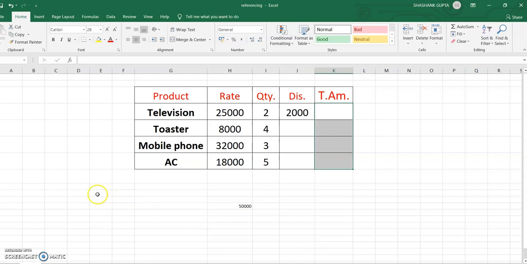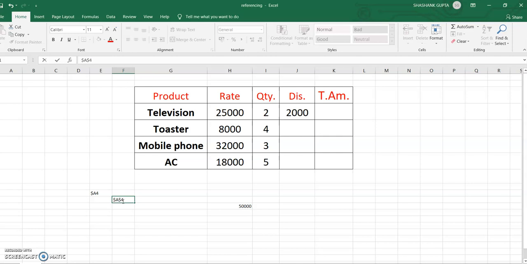Suppose this type of referencing I am saying, that is $A4. So I'm writing $A4. So dollar is before the A. This means absolute referencing will apply on column A but not number 4, meaning row 4, because there is no dollar symbol before the 4. Okay, I am putting again $A$4.